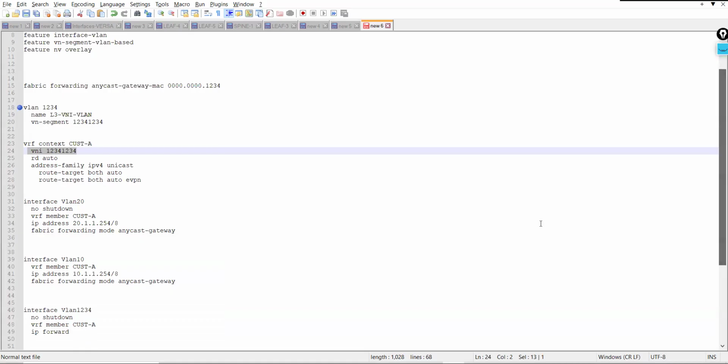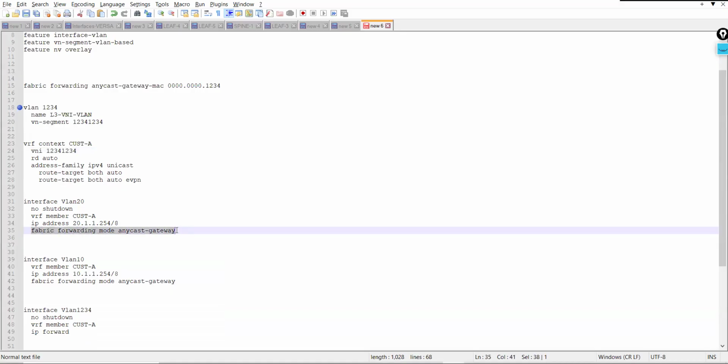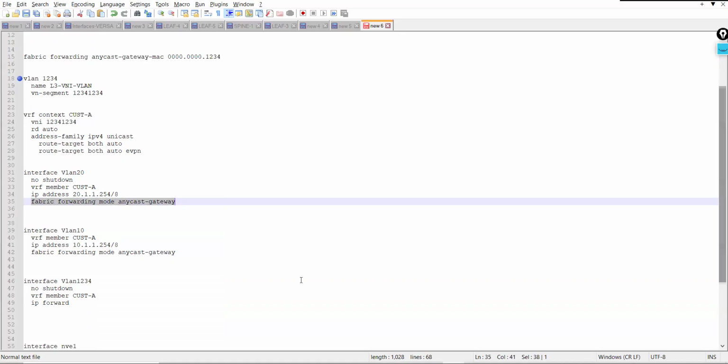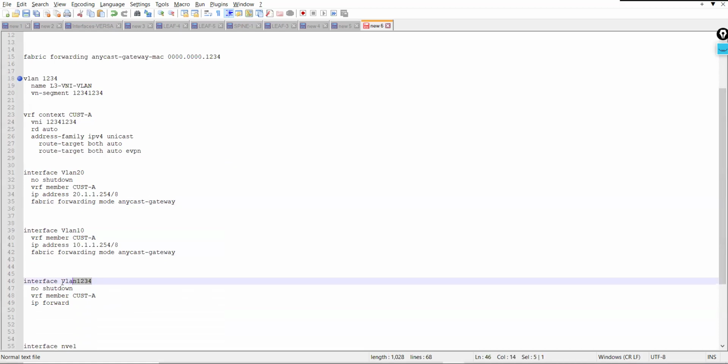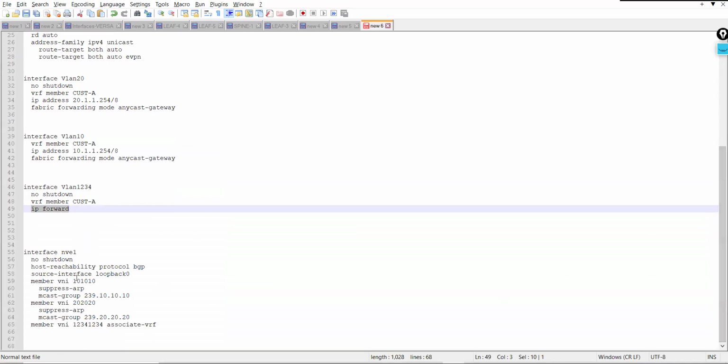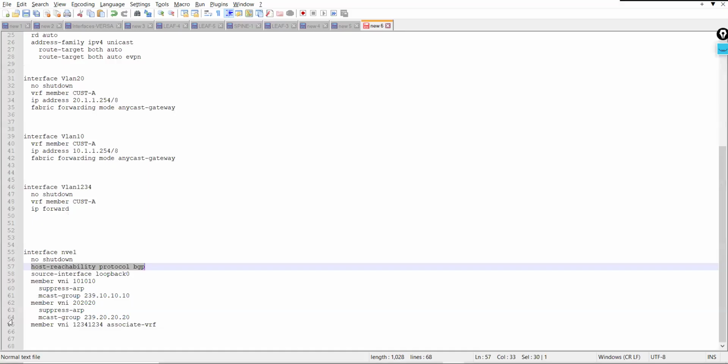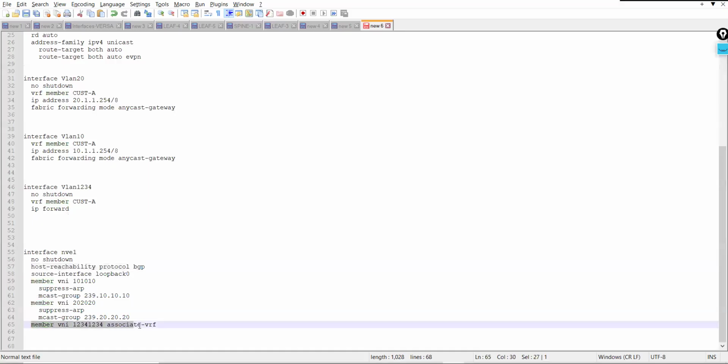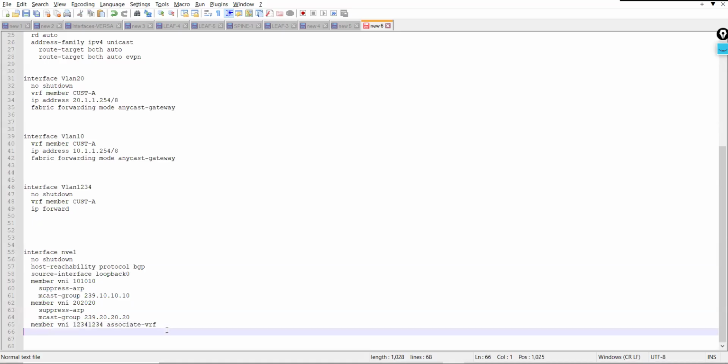And under the SVIs, we need to configure the gateway IP, and we need to define this particular command for the Anycast gateway. Under the L3 VNI VLAN, we don't need to configure any IP address. We just need to define the VRF and this particular command, ip forward. Under the NVE interface, just two extra commands: host reachability protocol BGP, member VNI number, and then the associate-vrf command. Okay,